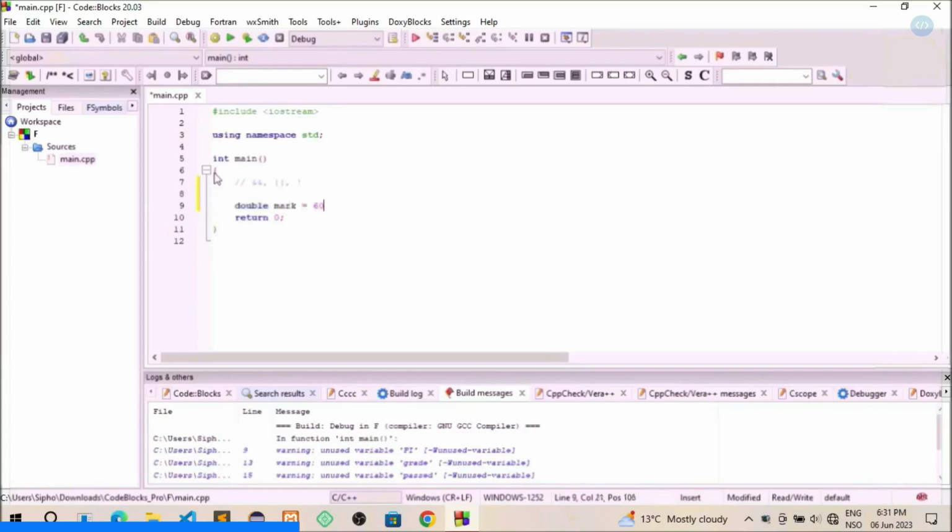Double mark equals 60. Bool noPlagiarism equals true, bool didSubmit equals true. If mark greater than or equal to 40 and mark less than or equal to 49,